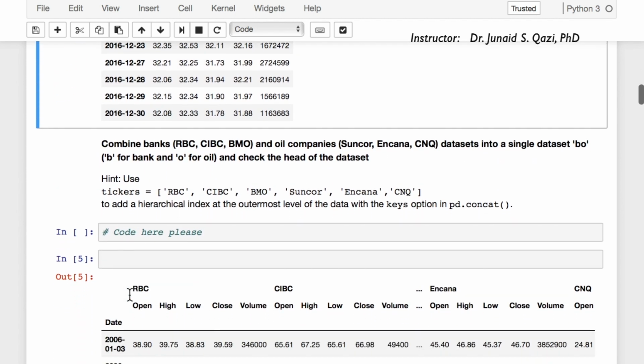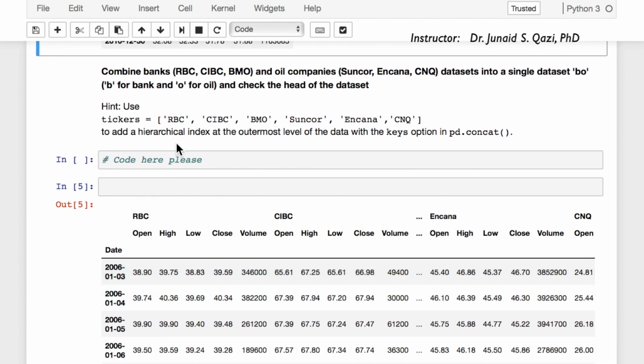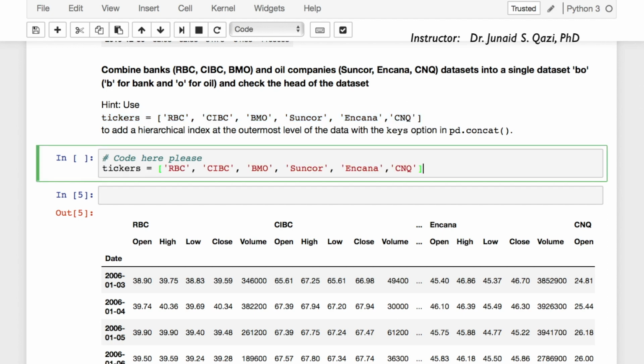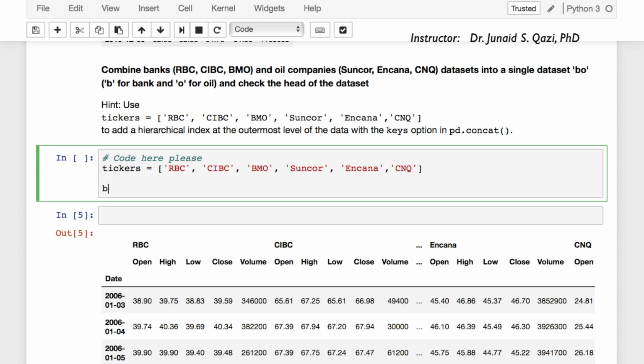So the next task is asking to combine the banks and oil companies datasets into a single dataset, BO. A hint is given and you need to call pd.concat here. Let's copy this ticker list from here and paste it here, and this is what we are going to use while joining the data frames. BO is going to be our combined data frame,